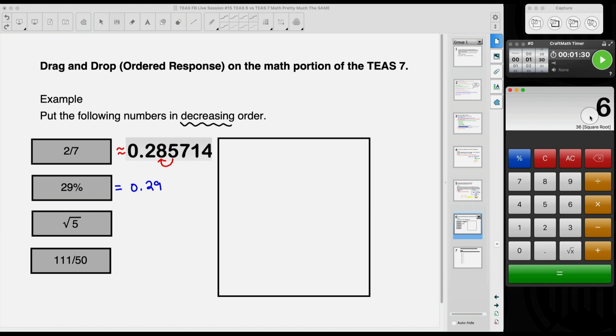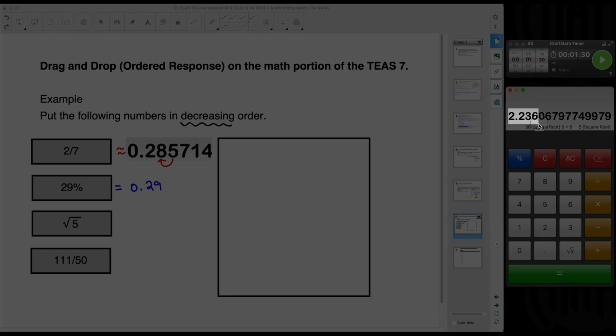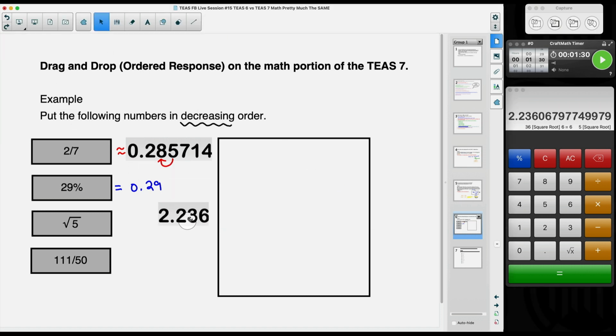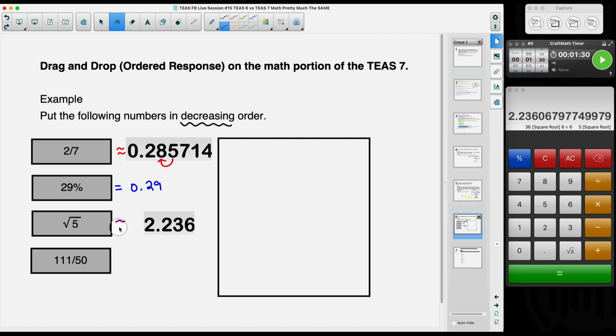And once you've done that, you can do the ugly square roots. Ugly square roots, like the square root of 5. I don't know what the heck that is. I'm going to type it in. So I typed in 5, I pressed the square root. So this one is over $2. This is roughly $2.24 if we were to round off to the nearest penny. That 6 tells that 3 to go up. So roughly $2.24. And then finally, to convert a fraction to a decimal, just like I did with the 2/7,